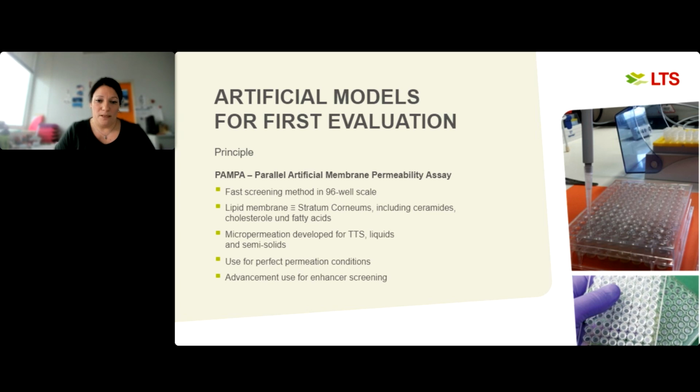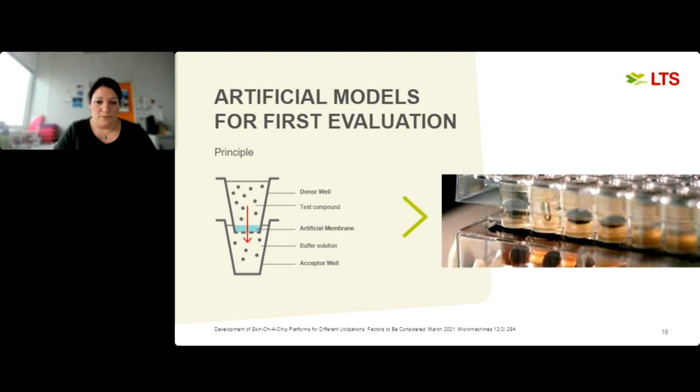So we use PAMPA. It's a commercially available system, short for parallel artificial membrane permeability assay. And what you have here is a micropermeation system in a 96 well scale. And you have a membrane here, which functions as a barrier. This membrane is based on different lipids, which are the main lipids in the stratum corneum. And so you have here a very good simulation of the stratum corneum at all. As I mentioned before, you have an acceptor compartment and a donor compartment. On the donor compartment, you can apply your test compound. Then you have the membrane as barrier, and in the acceptor compartment, you can quantify your API at different sampling